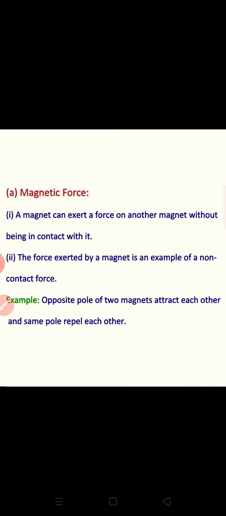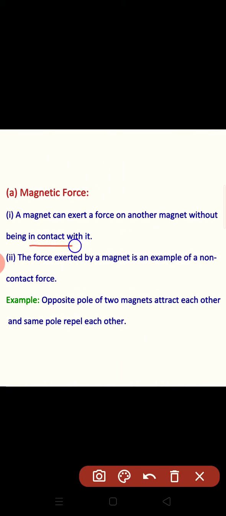Magnets you have all seen. You know that magnets attract each other, and they have two poles, north pole and south pole. You also know that like poles repel each other, whereas unlike poles attract each other. So a magnet can exert a force on another magnet